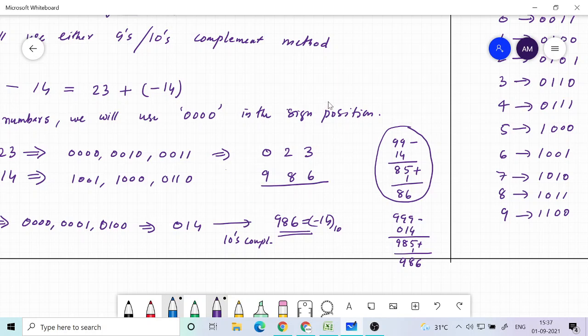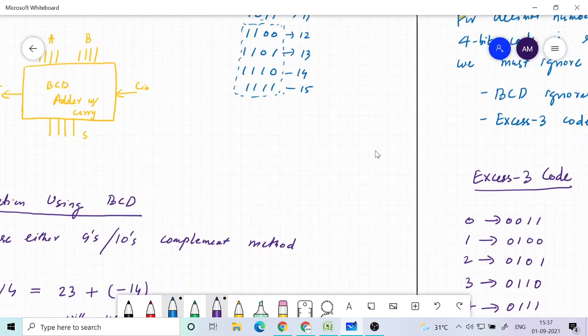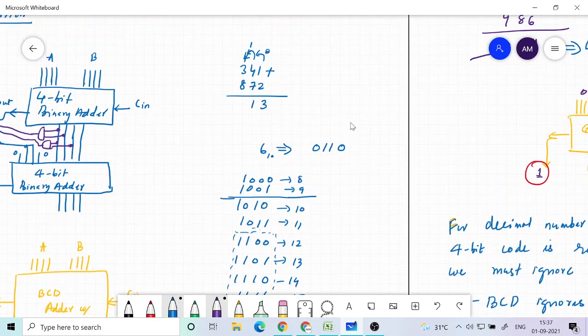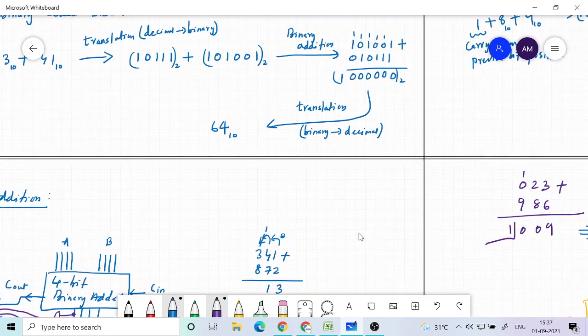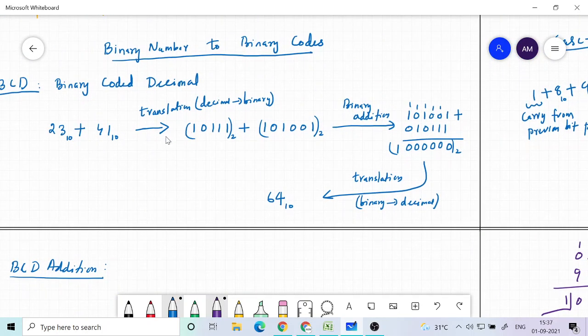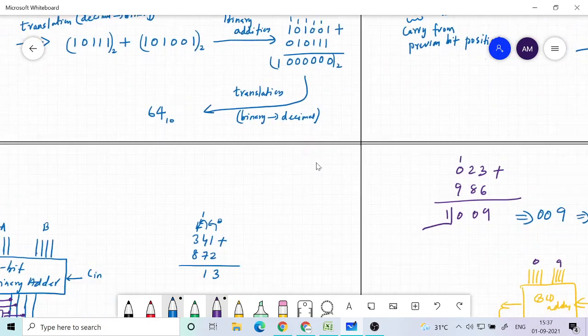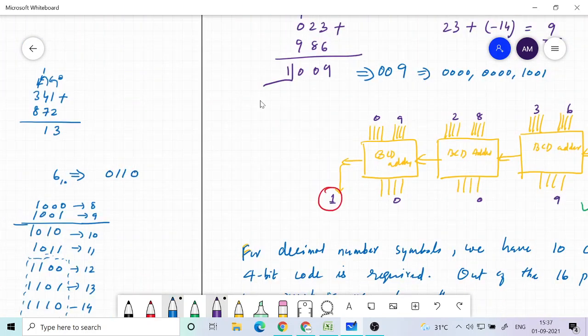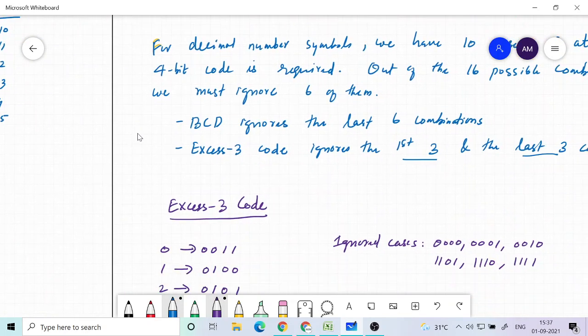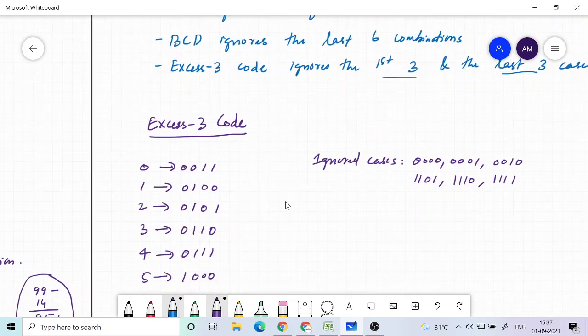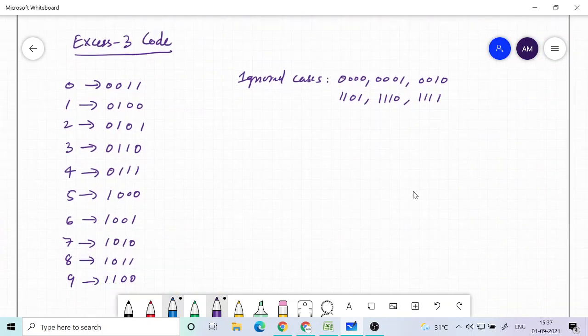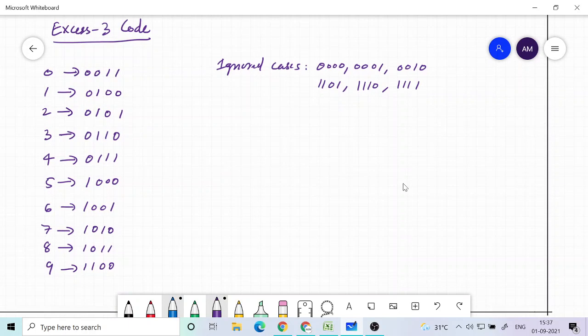We don't want the translation from decimal to binary number and then binary addition and then translation back. But that advantage we could have will be lost if we need additional circuitry to generate the tens complement, that is subtracting from 9999 and adding 1 to it.